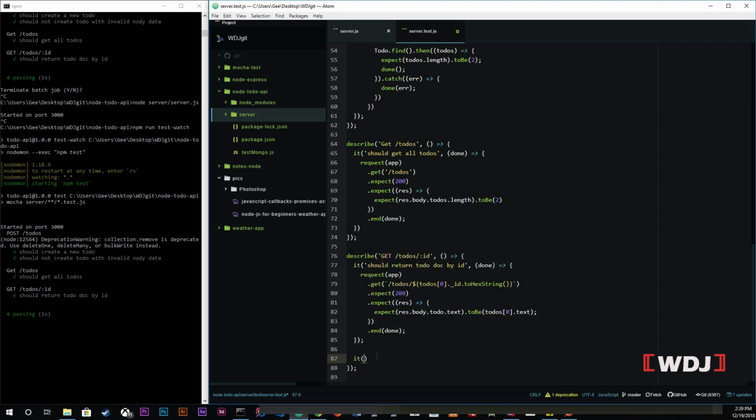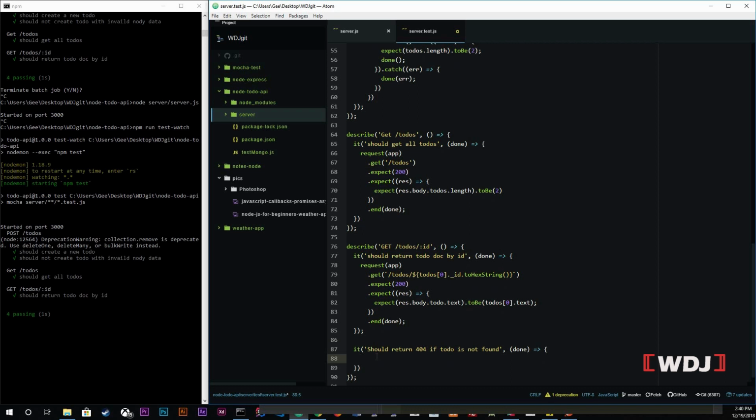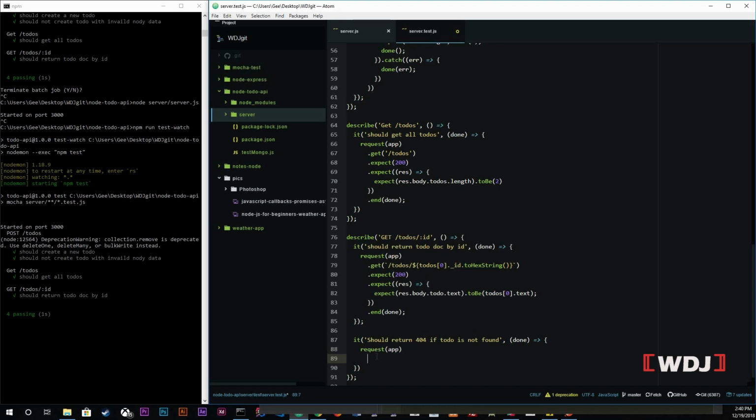We're going to describe what this one should do. Should return 404 if to-do is not found. Okay, now everything in here is the same or done. We're going to request the app. We're going to get,